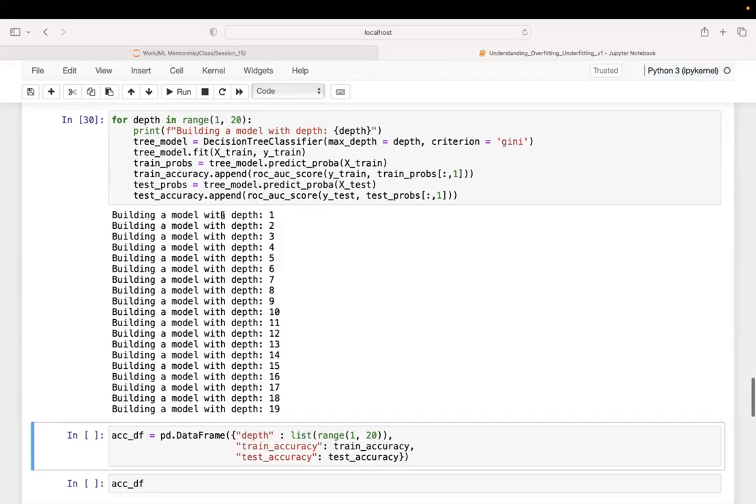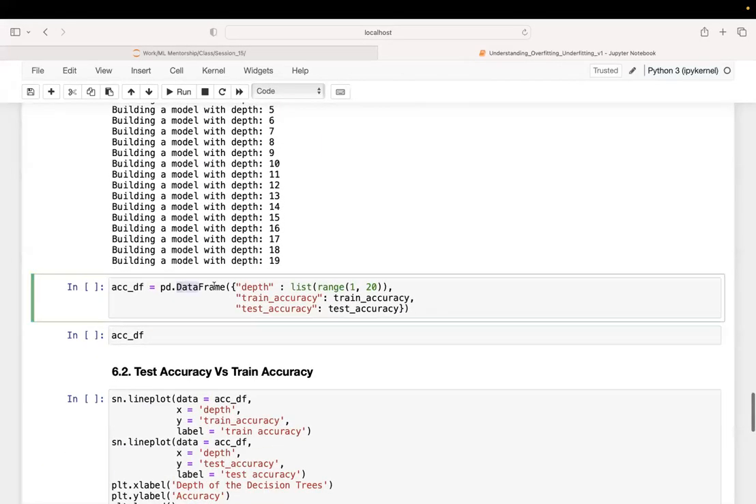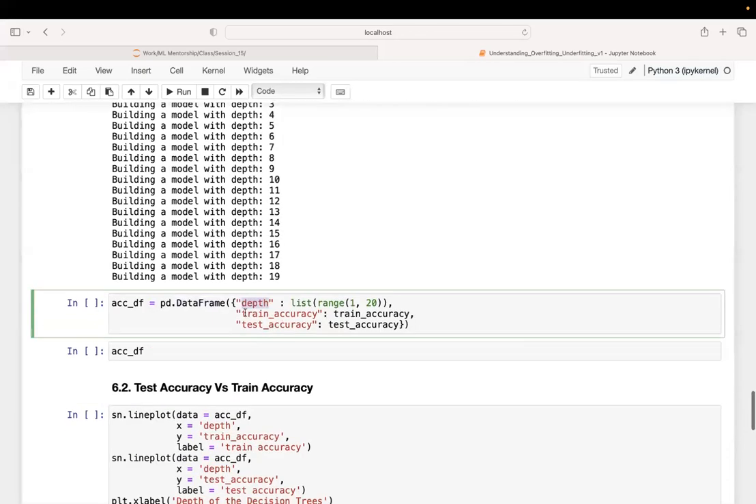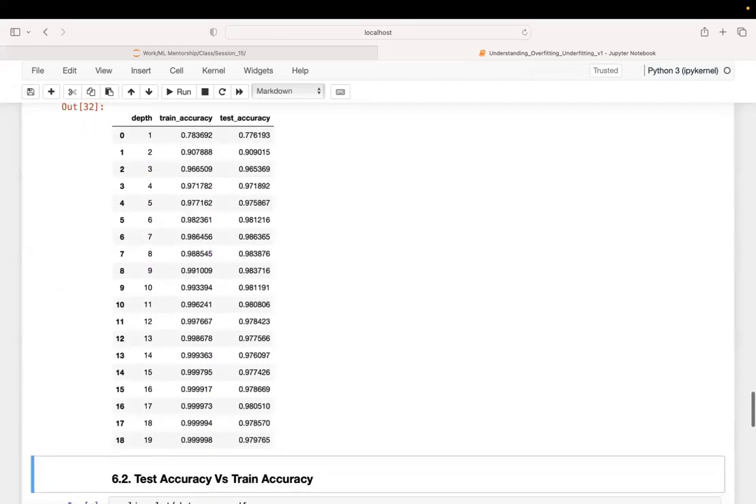Now, if you see, you have built a model with depth 1, 2, 3, up to 19. And now we'll create a data frame with a column called depth, which will store the depth that we use in the decision tree, the corresponding train accuracy, and the corresponding test accuracy. And if you look at the data frame here,